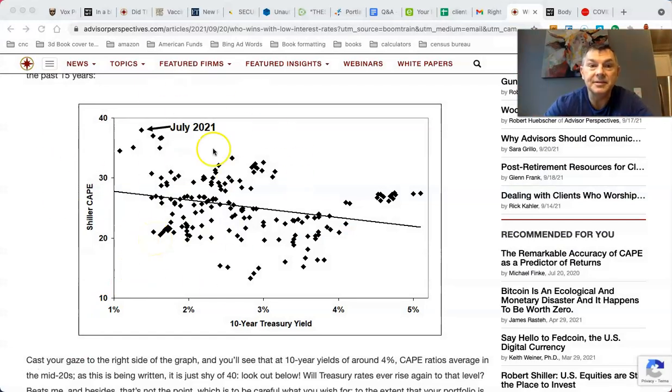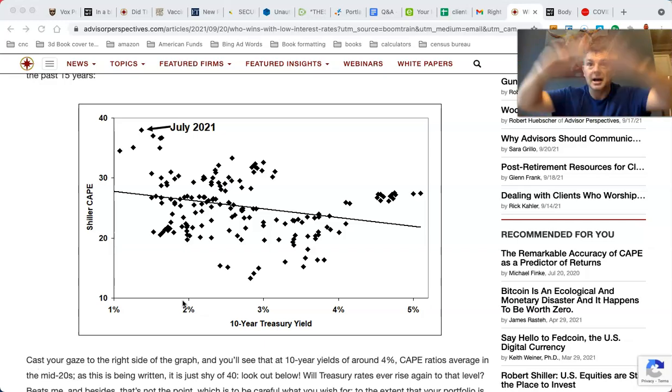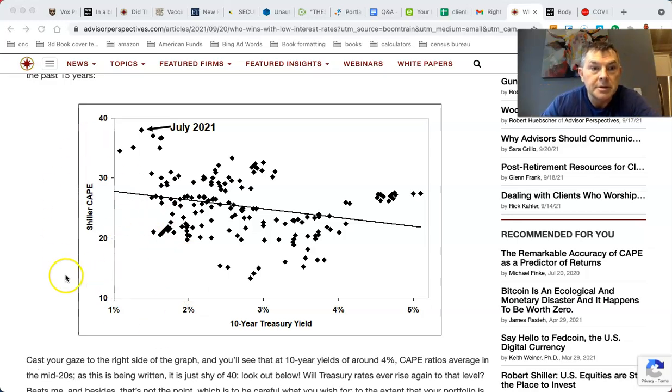Put your gaze on this chart as I brainwash you with my Neil deGrasse Tyson languaging: science, orbits, cosmos. Shiller CAPE going up and down, Treasury yield going left to right. I can't remember the XY. All right, so the Shiller CAPE is a cyclically adjusted PE ratio, price to